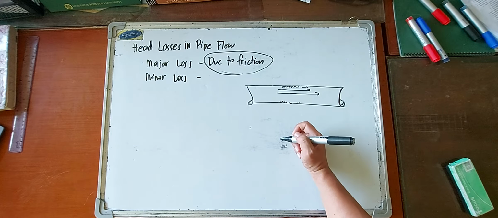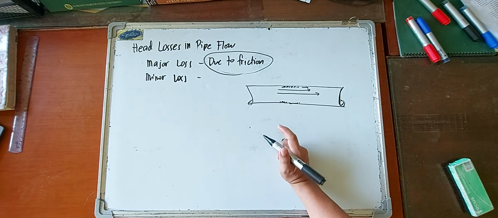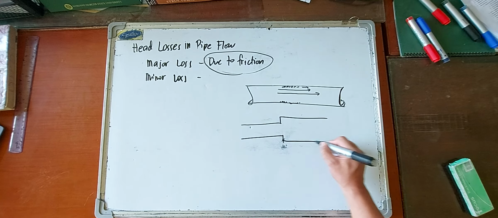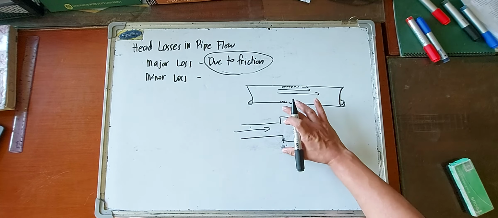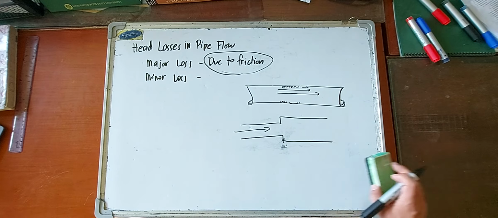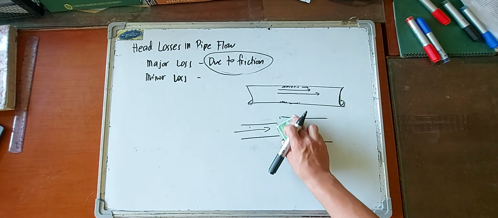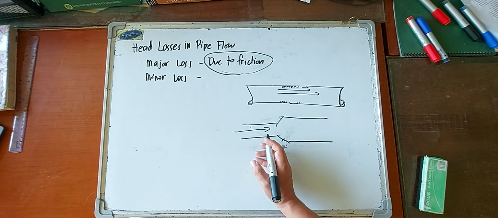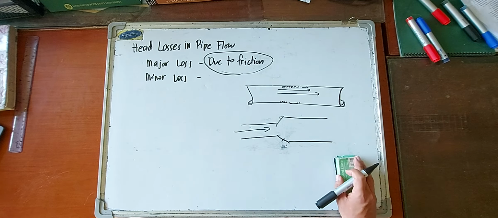So yung minor losses. Another is due to enlargement. Minor loss due to enlargement. So biglang lumaki yung cross section ng pipe, so may flow dyan. Biglang lumaki yung cross section, there's a corresponding loss of energy because of that. No? Depende pa yan kung sudden yung enlargement or gradual siya. So kapag gradual, usually mas maliit yung loss of energy. No? Okay, next is